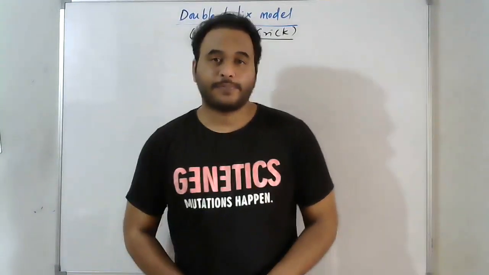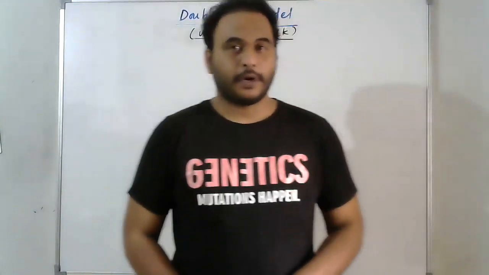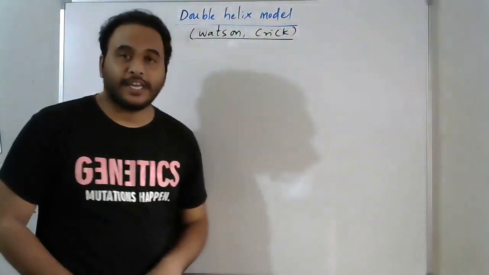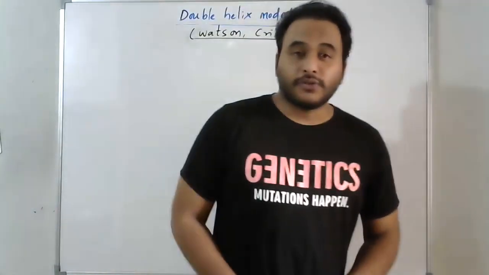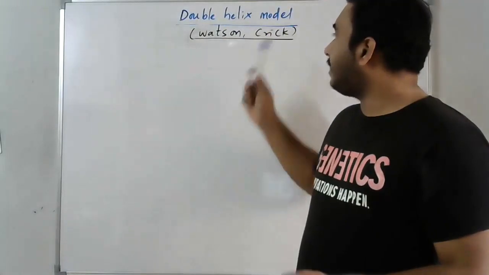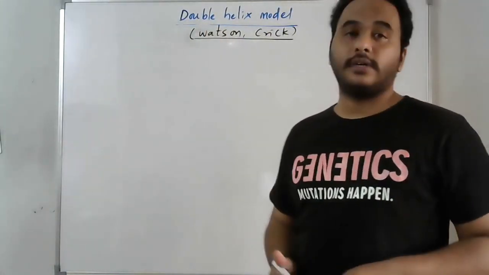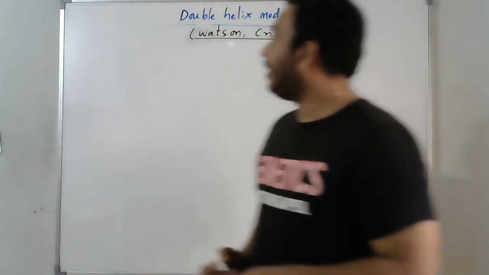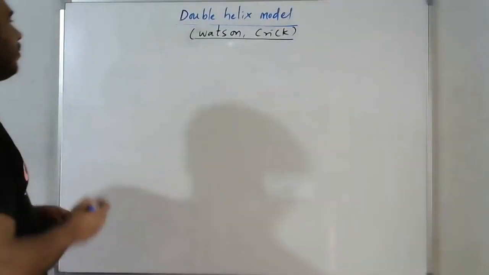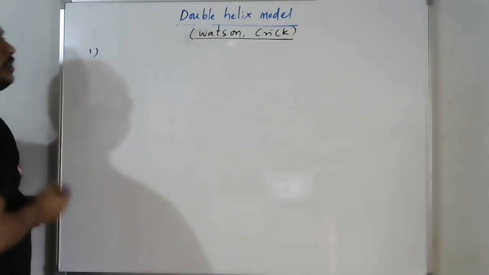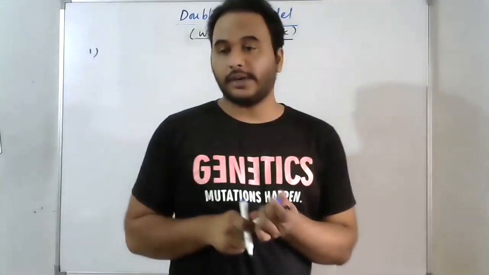So in this video, we are going to talk about the structure of DNA, which was demonstrated by Watson and Crick. And this model is nothing but the double helix model. And the first point is, according to this double helix model by Watson and Crick,